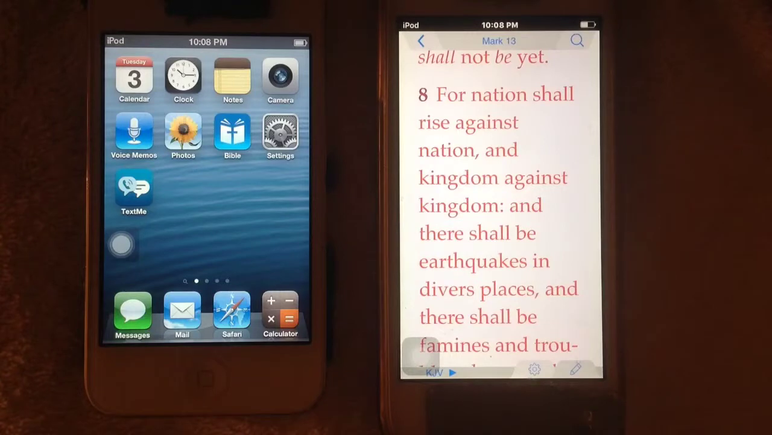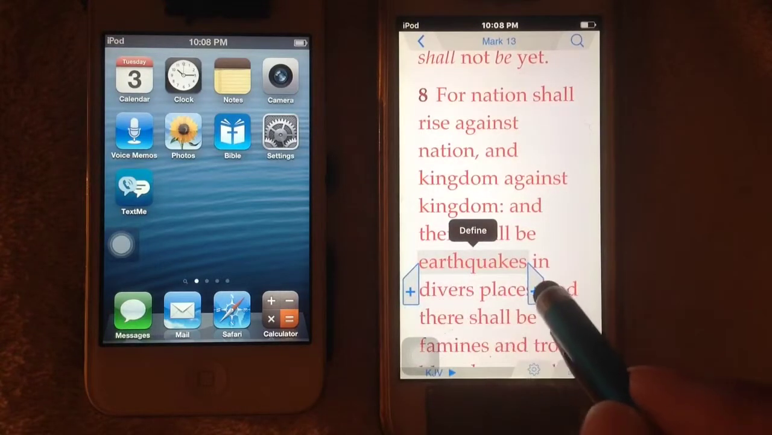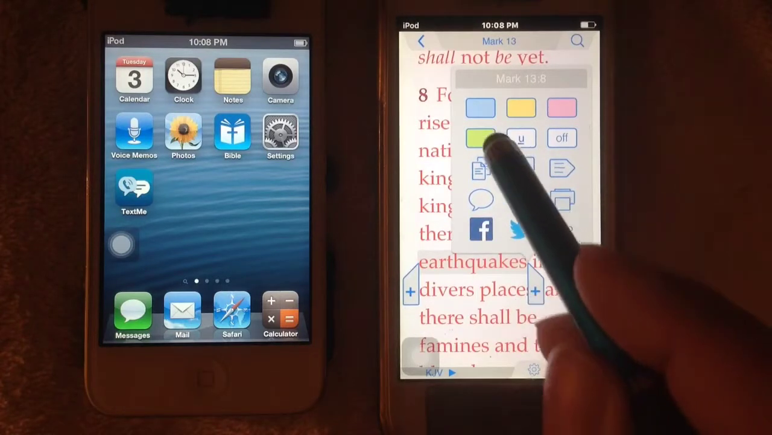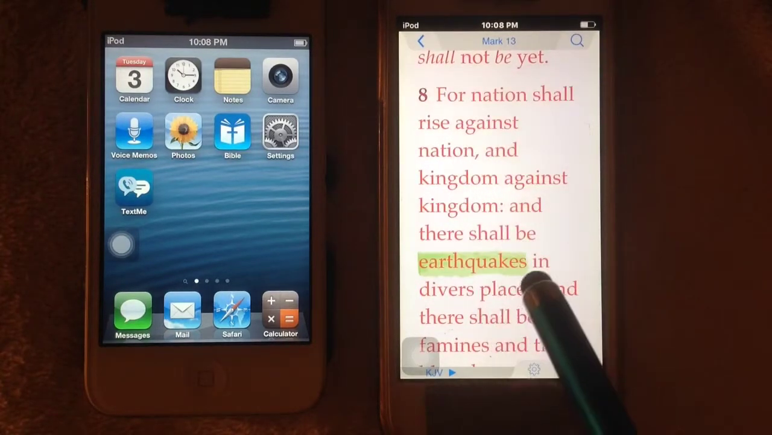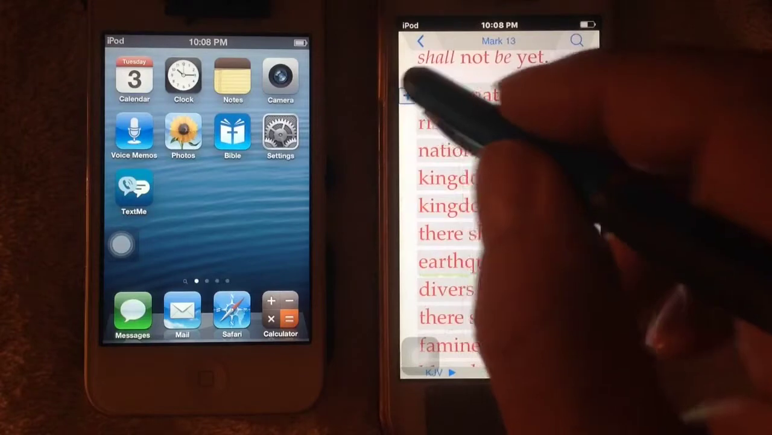Isn't that nice? Let's just say you're concerned about earthquakes, and you want to highlight that word. Just that word. Hold it, tap on this side. You can see the plus signs are on both sides. Let's tap on it. And since it's kind of got a scare to us, let's put the color green on. Now that's just an individual word you have highlighted. Very, very good. Let's say we're going to tap on this, and